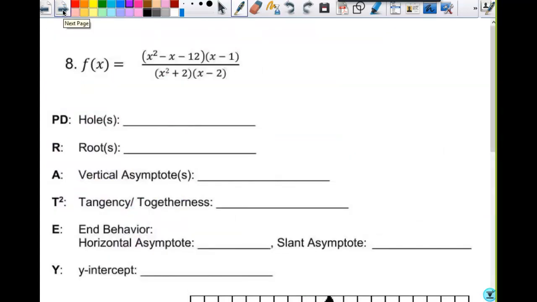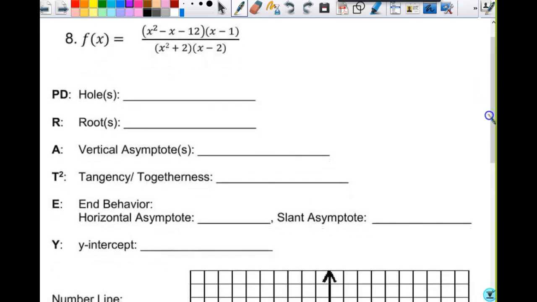So I need to factor since there's also a mistake on this one. I left on, this shouldn't be x squared in the denominator, it should just be x, so just mark out that squared. So I need to factor f of x is equal to, in the numerator, when I factor,